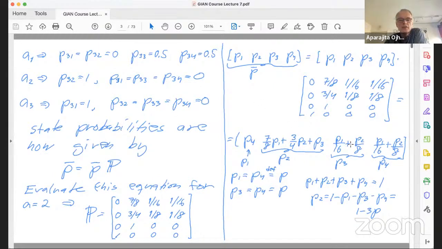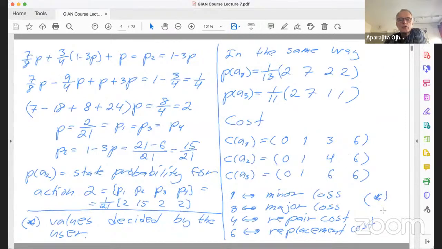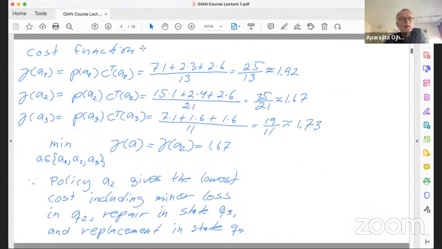And here we can say that if I go to the cost here, there are some costs related to the different actions here, and they come later, and then the question is, how should we handle this? I think I take a little bit on this to understand this fully. I introduced here a cost function, one for A1 and one for A2 and one for A3, and then they are related to the product of the probability, the state probability. So if you are in state 3 and you have a cost in state 3,